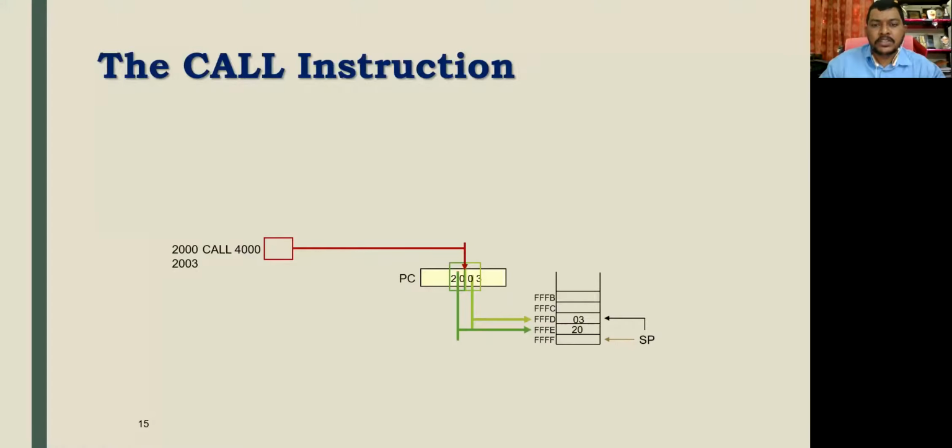So yeah, call instruction से क्या होता है, let us review on this.